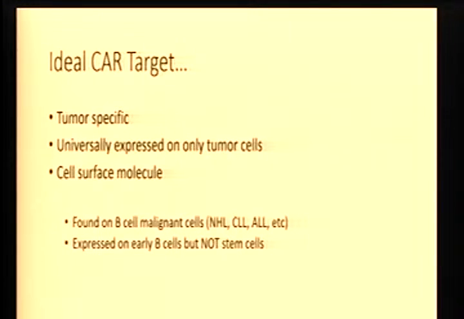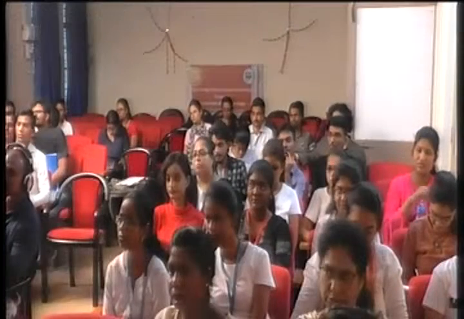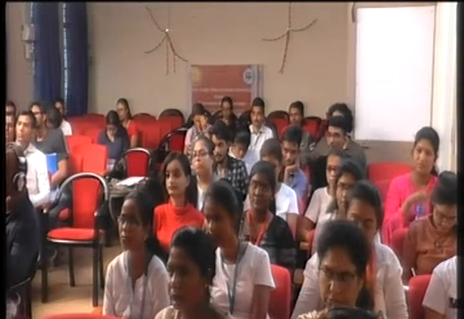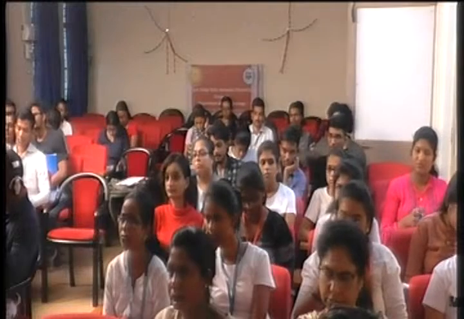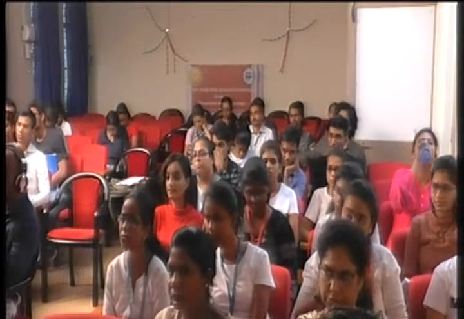So you choose an antigen. So in this case, let's go back. In this case, you are wanting to target B cell related cancers. So you want to get rid of B cells. So now you have chosen the antigen CD20 because it is expressed on all B cells, but it is not expressed on the stem cell.